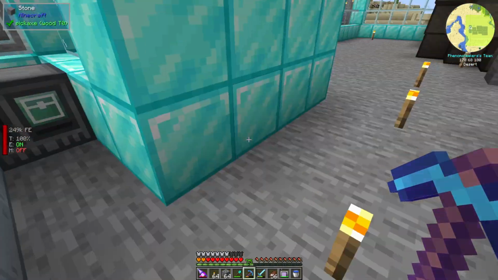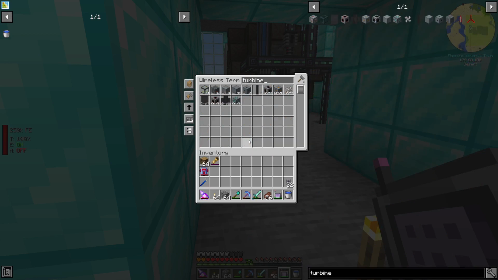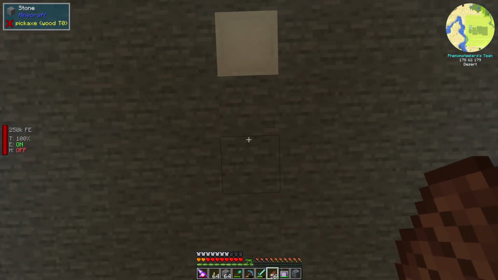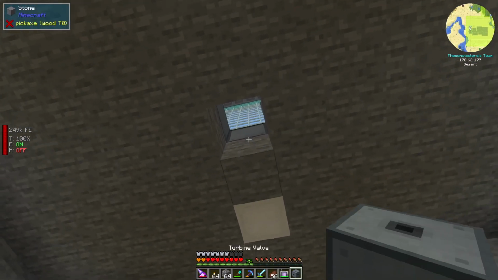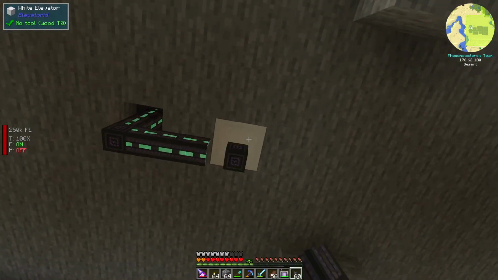What I do need to do real fast is let me grab a turbine valve. And I just need one of them. And I also need some of the ultimate universal cable here. And let's do this somewhere under here. And let's stick that down right here, and then we'll hook up my power to that right here. And I do want to run this over to my